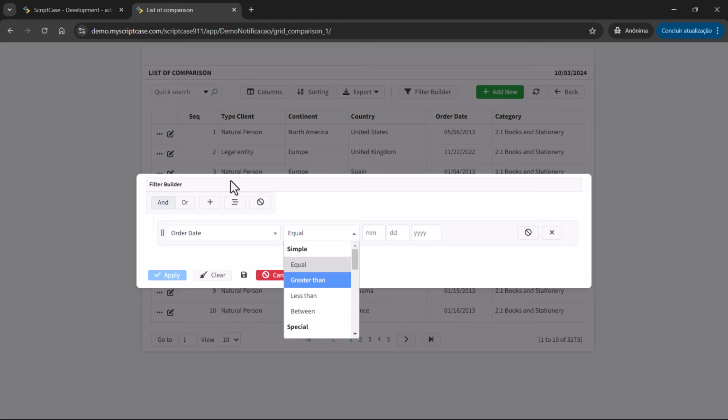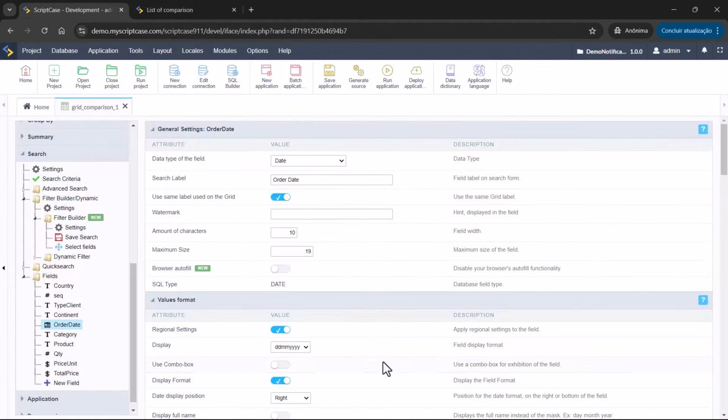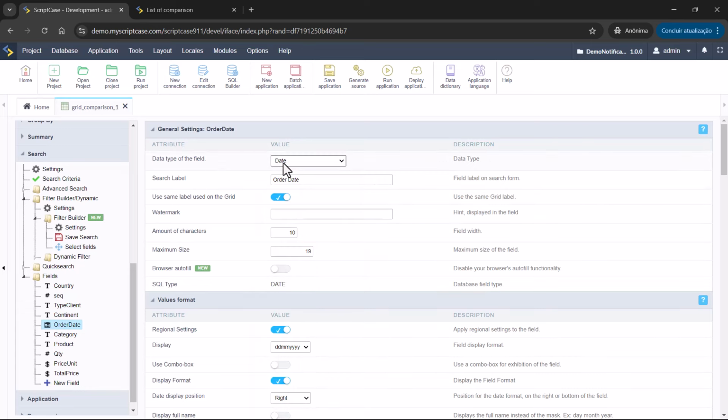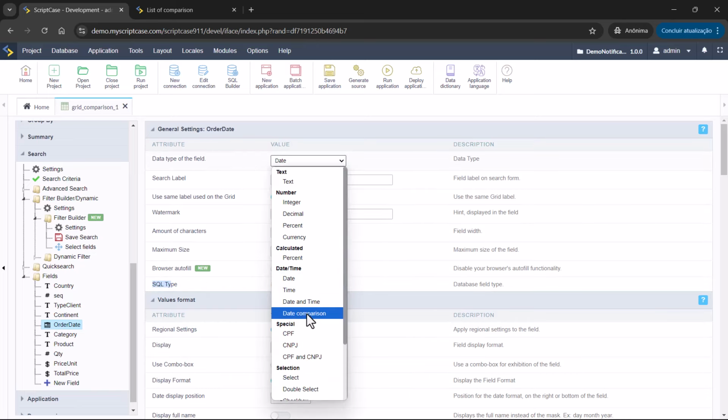Okay, and there is one other feature. It is recent inside Scriptcase, which is the comparison, date comparison. You can use this inside the date field. So you have here, you change the data type, in this case from date. It's only available for field SQL type date. So you choose, you can change from date to date comparison.